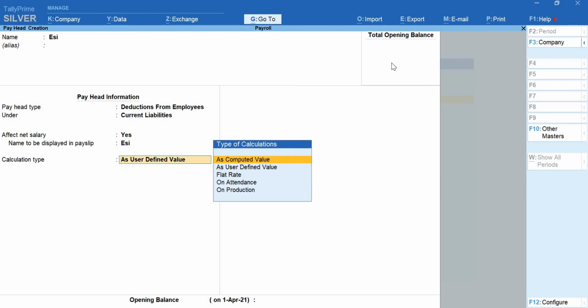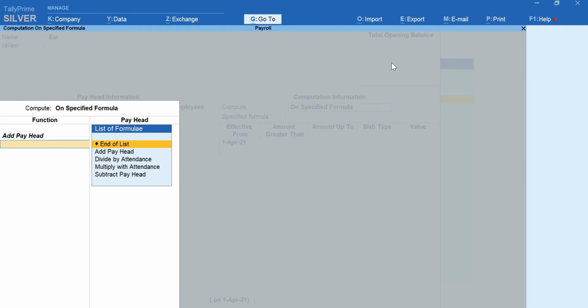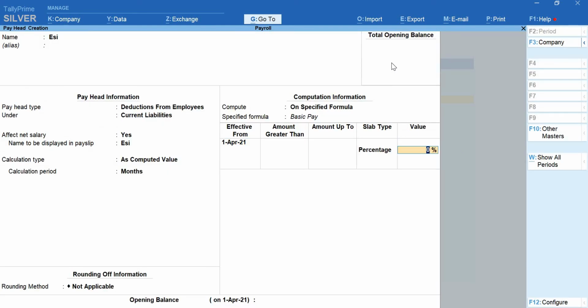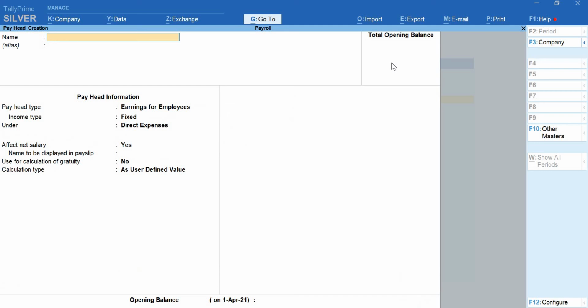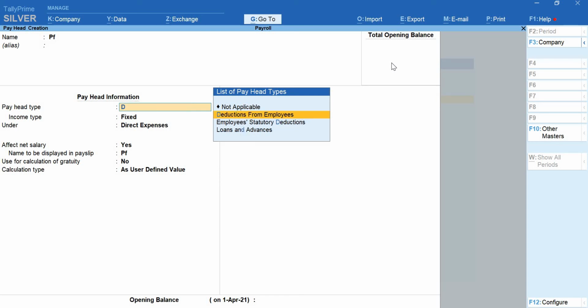Calculation type is again as computed value, that is compute on a specified formula. The formula is on basic pay, we'll go with 5% for ESI. And the last one we'll go with is PF, Provident Fund. Again, this is a deduction from the employee's salary. They'll cut this amount, so the pay head type will be deductions from employee.